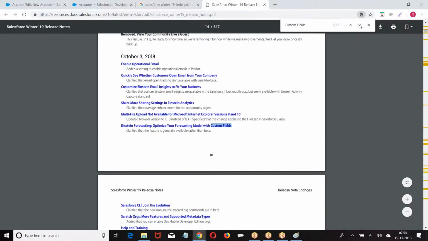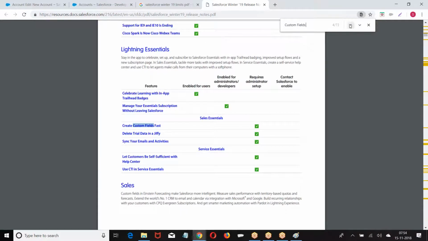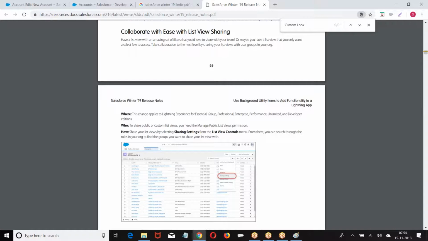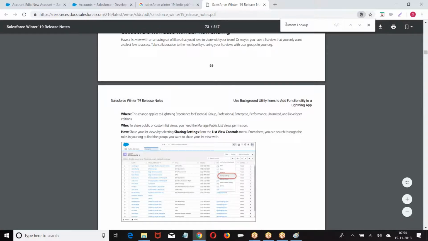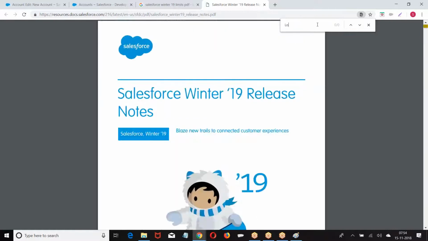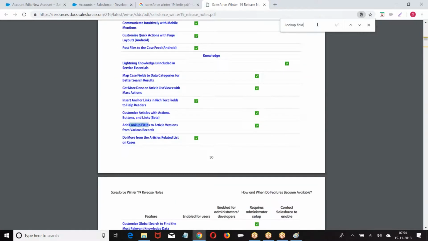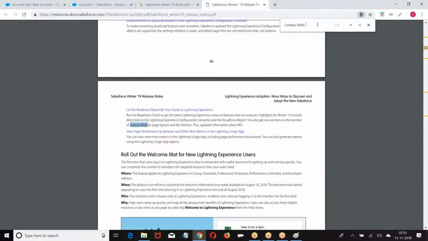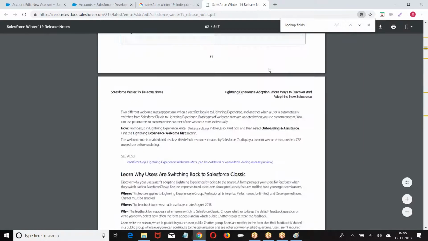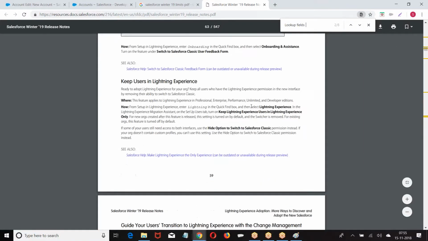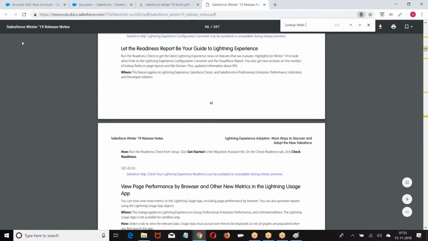So basically, we can create up to 40 lookup fields. There is a limit actually.